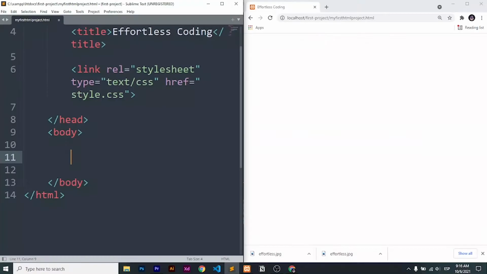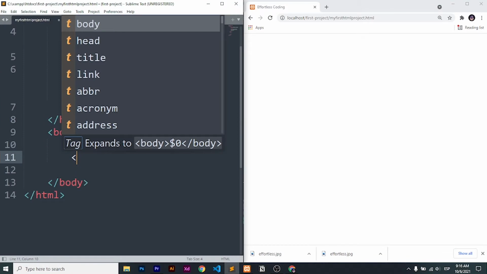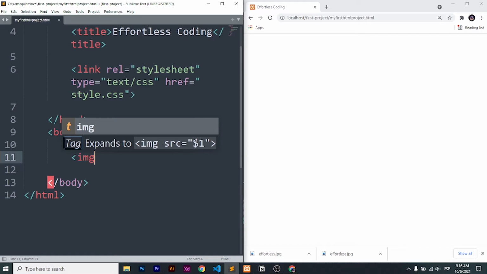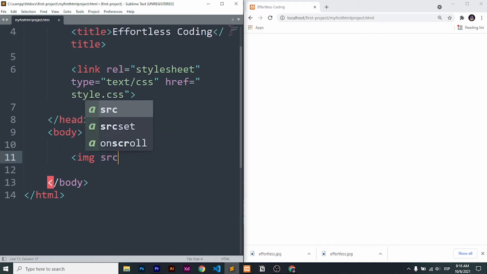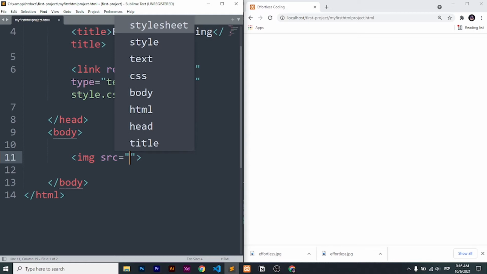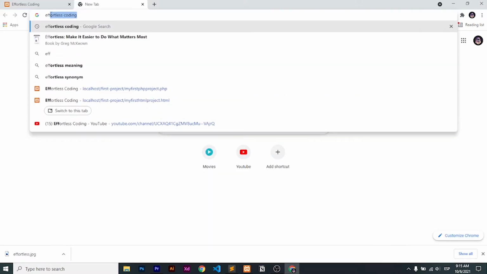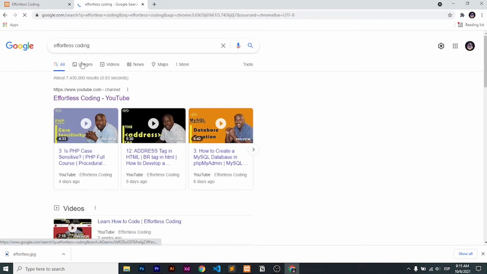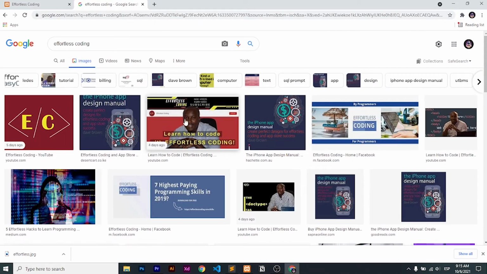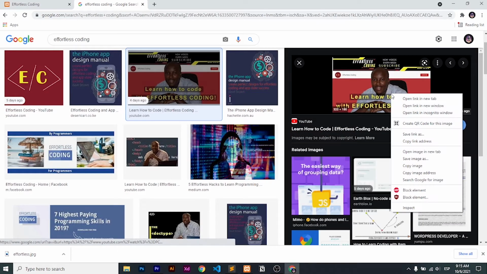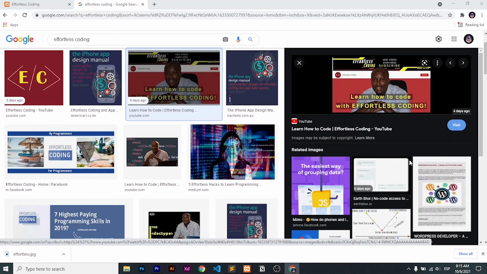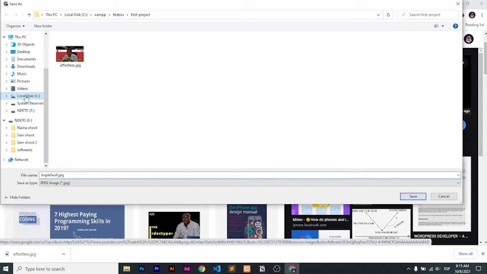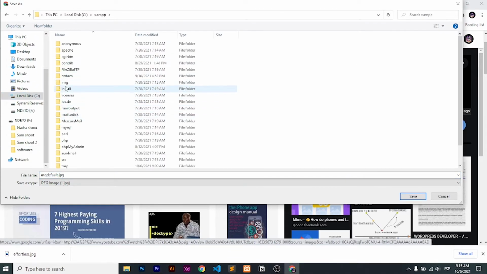So the syntax for using the image tag is very simple. Do a less than sign, then the abbreviation for image, that is img, space src. Now source, as I told you, will link images to the HTML page. So the src attribute within an image tag defines where this image is located. So if you don't specify a folder within this particular attribute, it means that image is located on the root folder. In this case, since it's an example, we'll put our image on the root folder